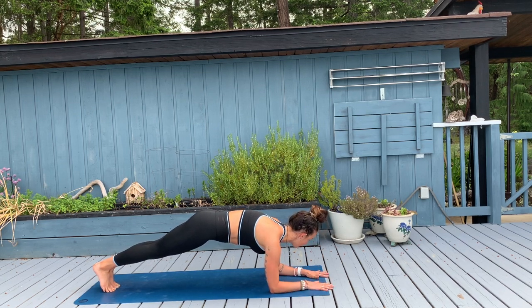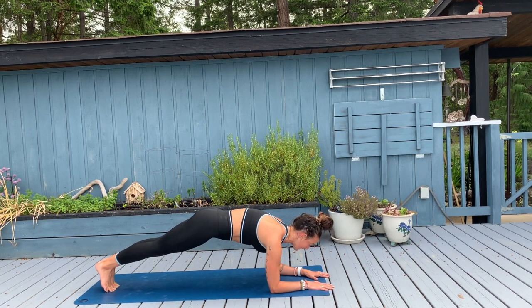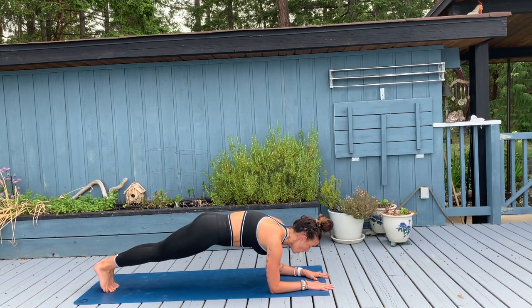Keep on holding here, keep on breathing here. You've got about 20 seconds, just hold. Maybe you let your eyes close. Maybe you let yourself rock forwards just a touch. Keep on breathing. We're gonna switch to a right side plank in 4, in 3, in 2, on 1, cross